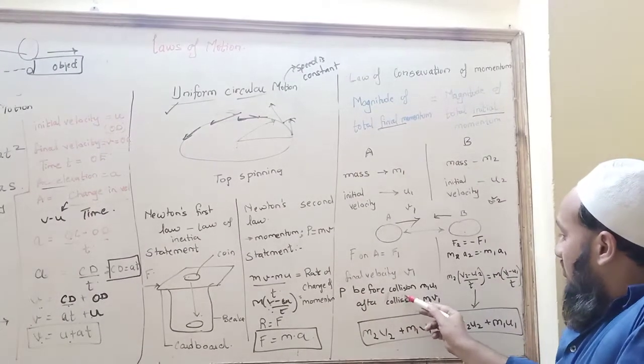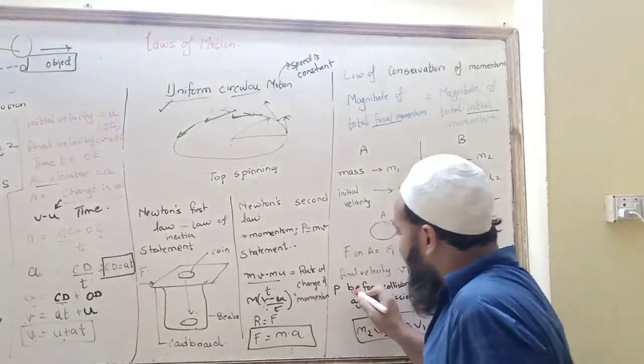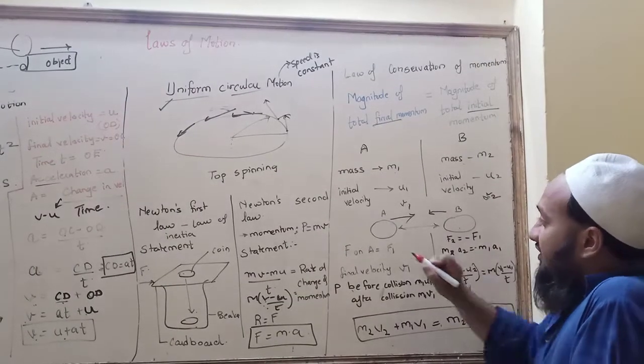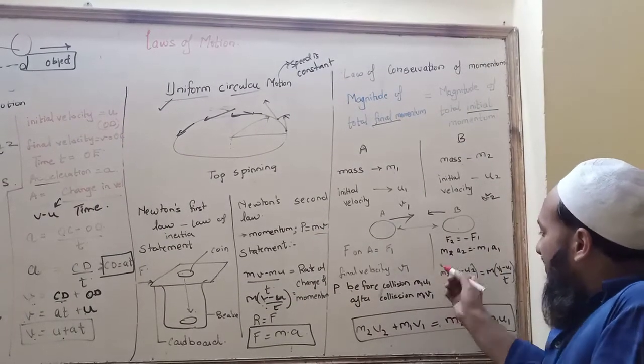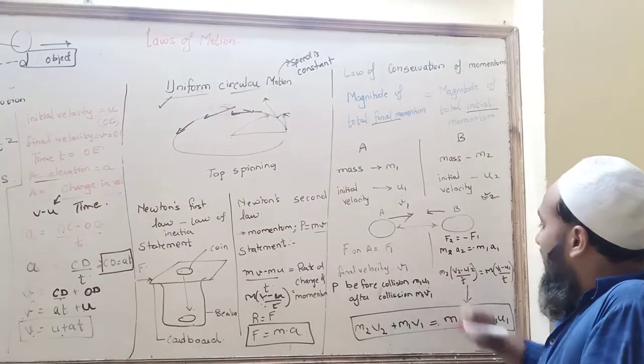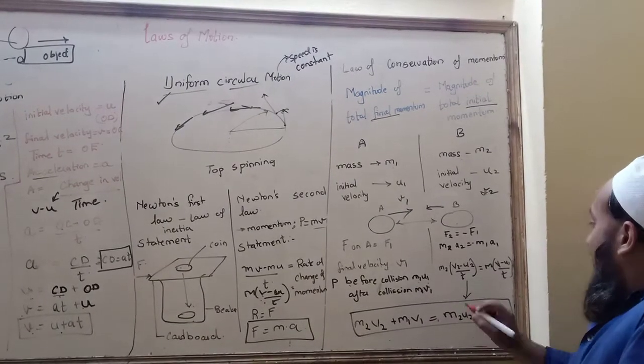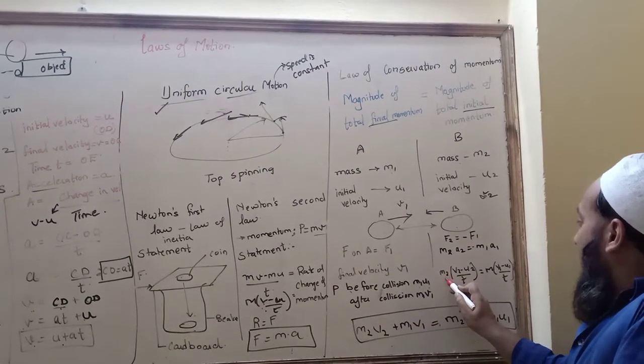Now P before collision, momentum. What is the formula for momentum? It is mass into velocity. See, mass into velocity. So before collision, meaning initial, the initial velocity will come: m1 u1. After collision m1 v1. Okay? Then m2